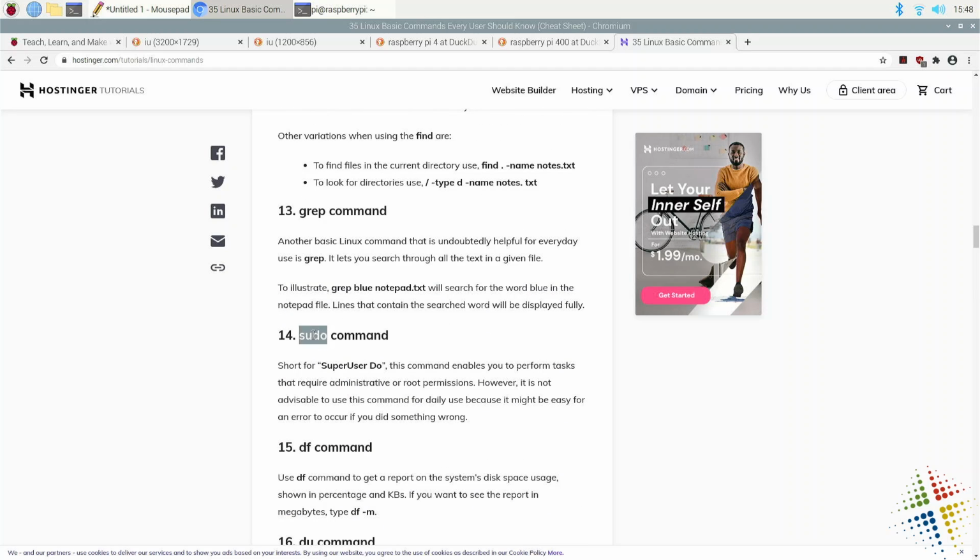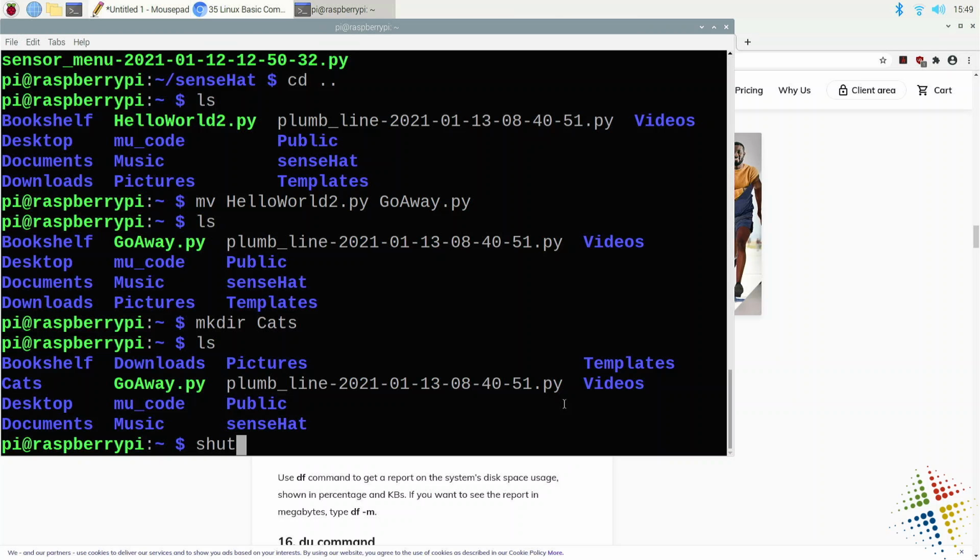And then probably the last one to talk about is what's called sudo or super user do. There are some commands that just in general you should not be doing on your own, but only an administrator should be doing. And it's generally best practice to run with a lower level of permissions than you normally need and simply elevate yourself when you want to do something. For instance, if I wanted to turn off this computer, I probably don't want the average user to be able to do that. So instead of simply saying shutdown,